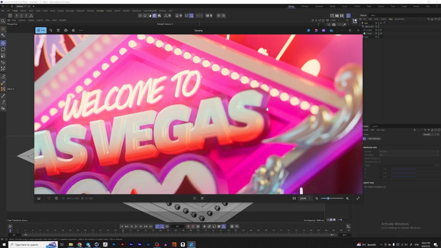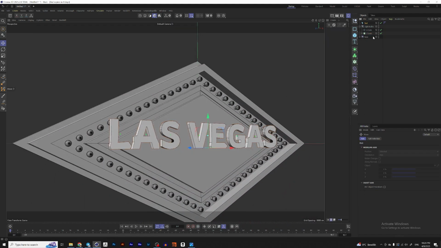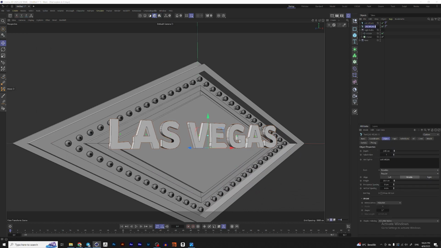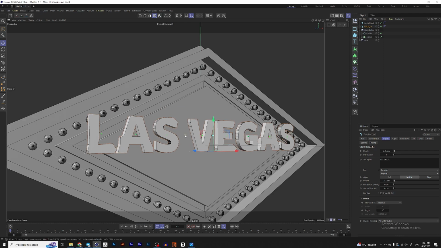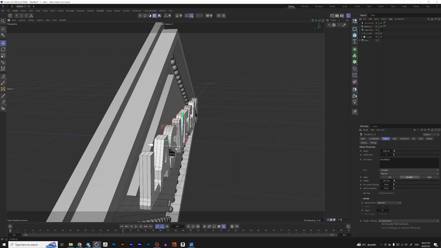And now if we look at our sign, the text has a frame behind it. So how to create it? Let's name it Las Vegas, copy it, and this would be the frame for our text. Let's move it a little bit back,